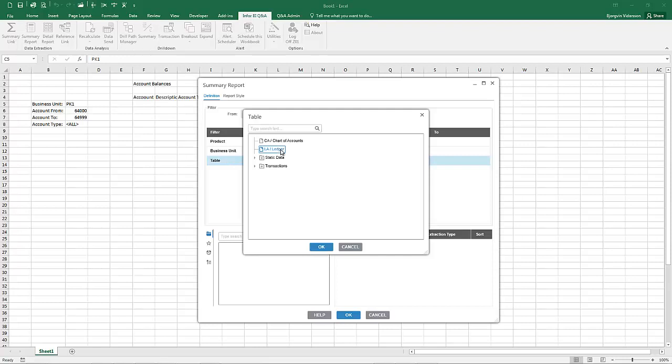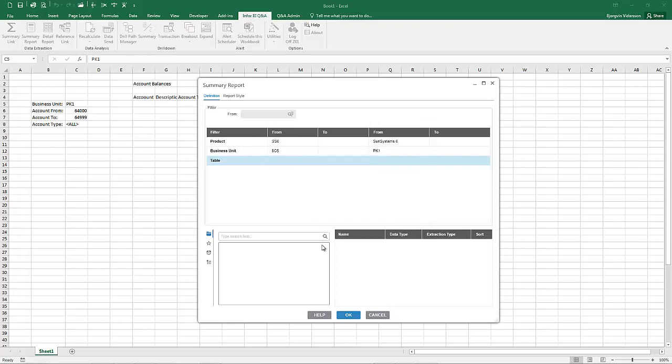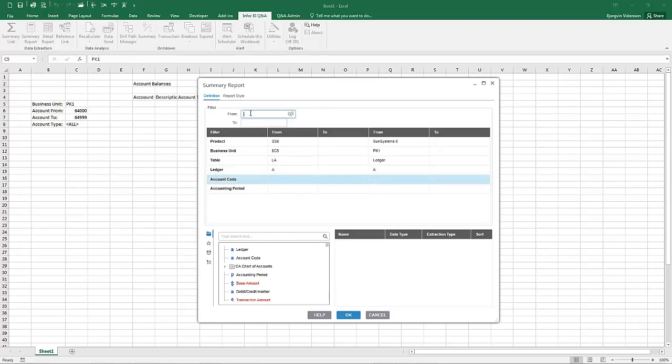Whenever you are extracting the balances or amounts from the system, you will always want to be extracting from the ledger table, since that is the only table that holds any amounts in SunSystems. Hit OK. Some other report criteria gets filled in, and for the account code, we're going to click in here